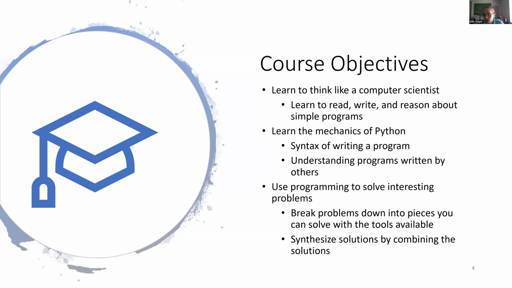So the objectives of this course are to learn to think like a computer scientist. This means learning to read, write, and reason about simple programs. It's not simply about just learning how to write the syntax, right? Sometimes introductory students think that it's just about learning how to make that syntax, but really what we're aiming for